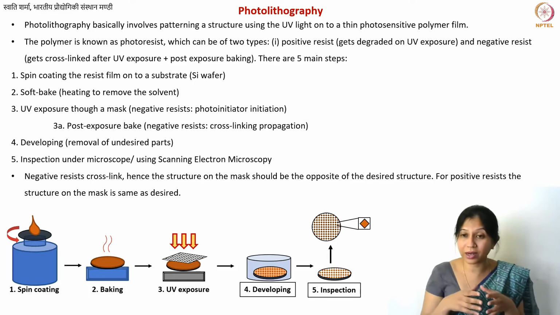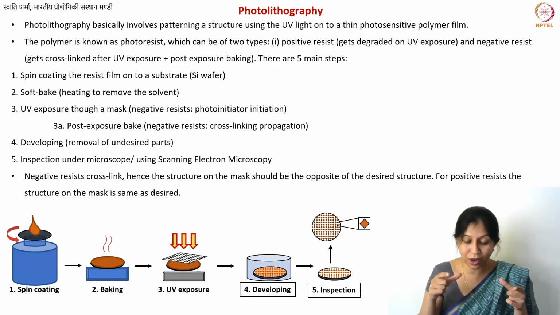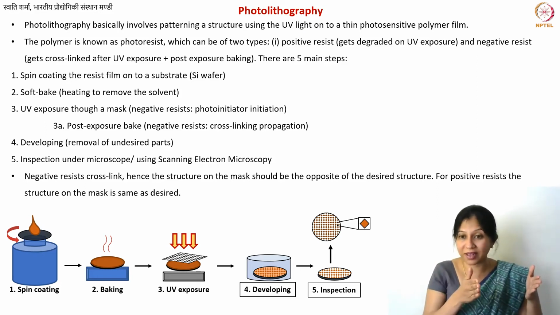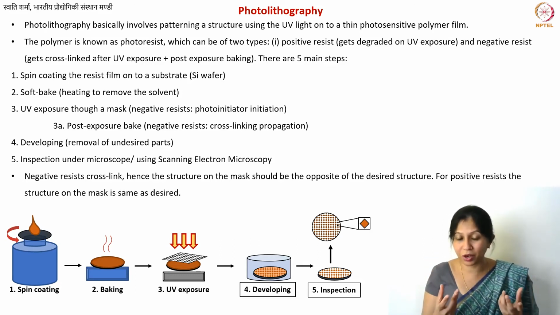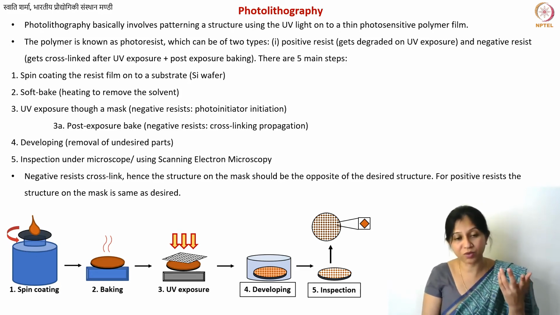In that case, you will require these machines known as a mask aligner, where, when you're making the second layer of your structure, you need to align it very well with the first layer. Otherwise, you may end up having some offset that is very undesirable. These micro scale structures you cannot really see with the naked eye when they are very small, so for alignment you need microscopes, and that is why you have this overall setup. You can also perform UV exposure through the mask.